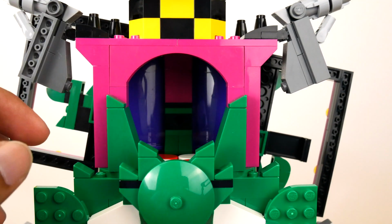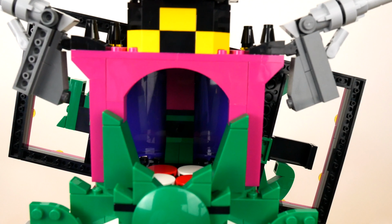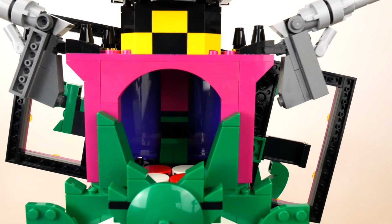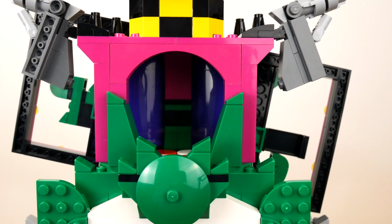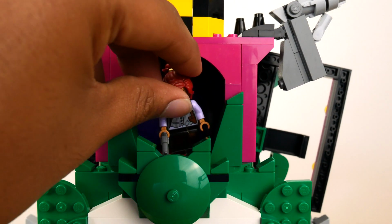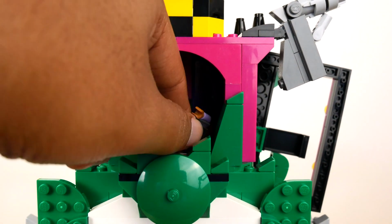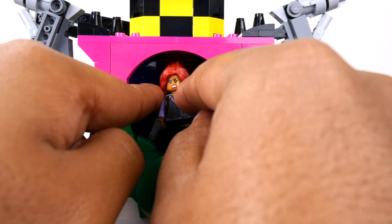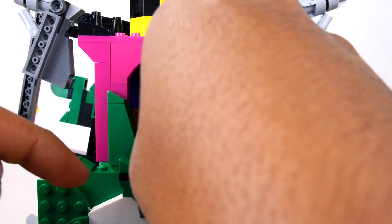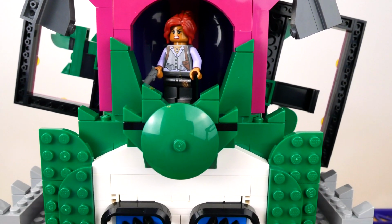So in here, it's honestly kind of hard to see, but there's a little red and white checkered floor pattern there. And I'm just going to set my camera back down. So if you put a minifigure up there, I have no idea what they would be doing up here. Maybe they're just chilling out. Maybe they were trying to get a good lookout, a good vantage point on like the tower or something. But Barbara, stand up. But if you manage to get a minifigure standing in there, and then you pull out